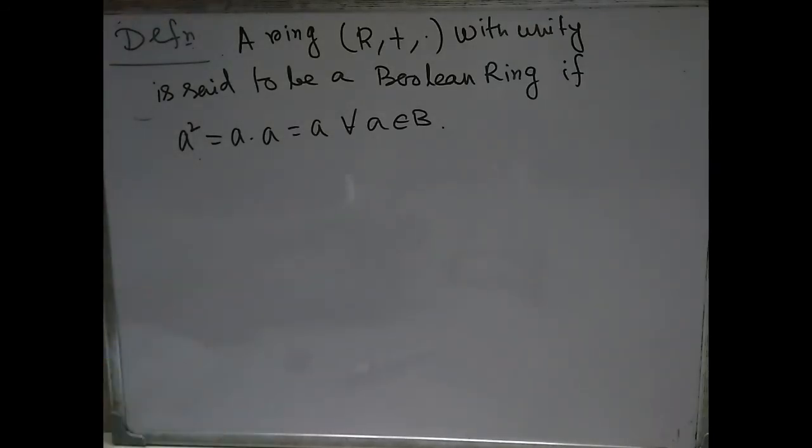If in that ring a square is equal to a holds for all a, then that ring is called a Boolean ring. Okay,